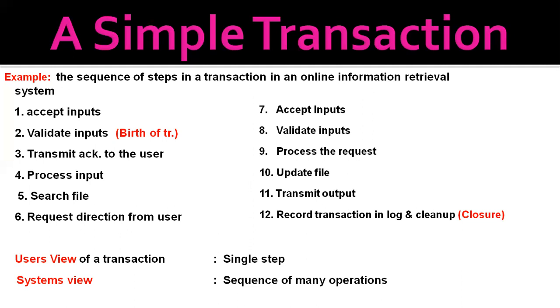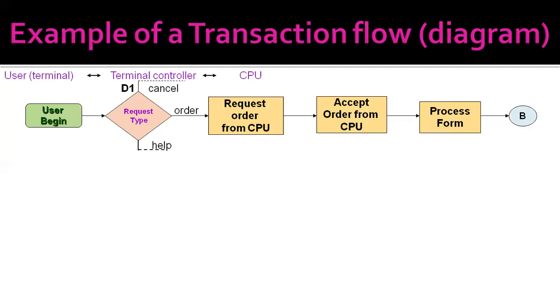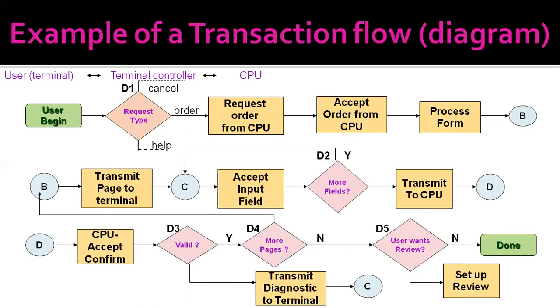And suppose we want to represent all the operations involved in this particular transaction, then we require one tool, and that tool is what we call a transaction flow graph. So here, these transaction flow graphs are the same as what we discussed as a control flow graph in path testing. Here the transaction flows are introduced as a representation of the systems of processing, and these methods that were applied to the control flow graphs are then used for functional testing.